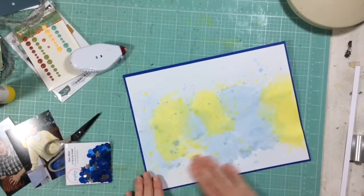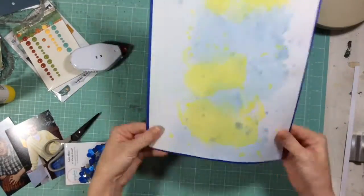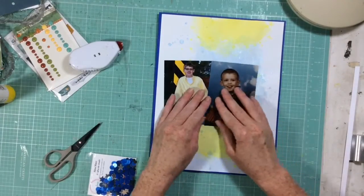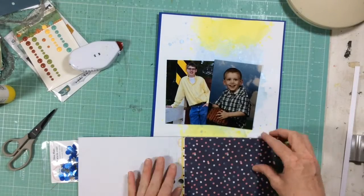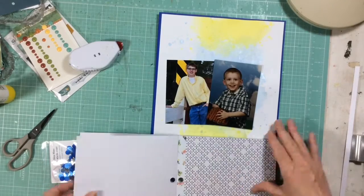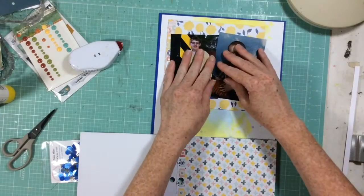And I just love that Dear Lizzie Saturday collection. I only have the 6x6 paper pad and a couple embellishments because I really did not have the budget to buy all of the new products that came out all at once that I really, really loved. But I did get the 6x6 paper pad, and I just love the yellow and navy color combination, so I knew that one of the first papers that was going to be gone is this flowered paper,